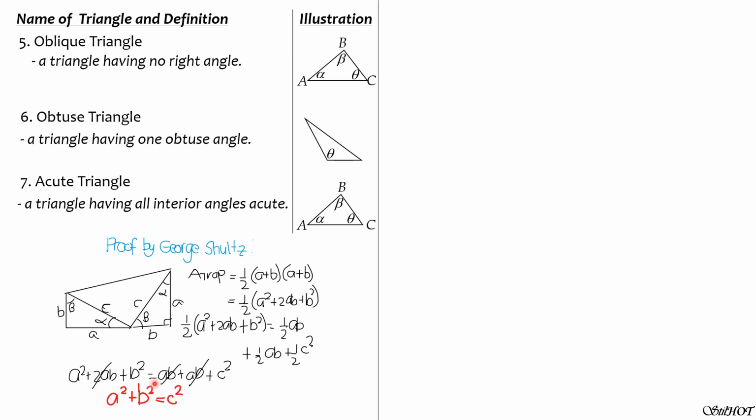Therefore, we have shown here the Pythagoras theorem, A squared plus B squared equals C squared, or the sum of the squares of the perpendicular legs is equal to the square of the hypotenuse. Then we have to consider solutions of right triangle. Of course, we have to use the Pythagoras theorem and other concepts associated with right triangles. You may also deal with an isosceles right triangle.